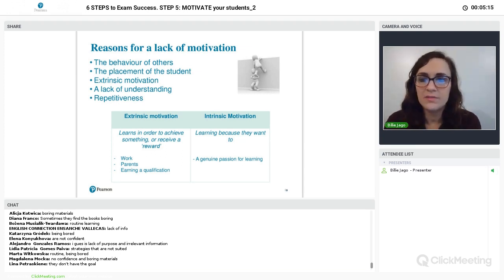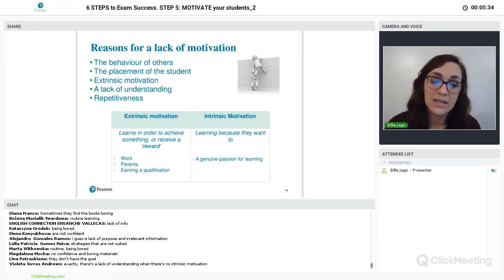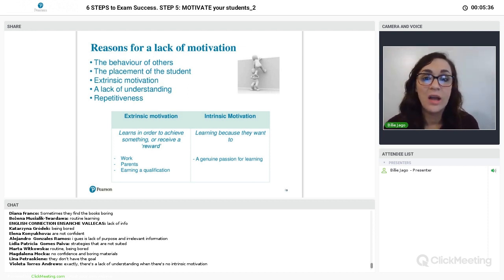So we've got two types of motivation. We have extrinsic motivation and also intrinsic motivation. Extrinsically motivated students learn in order to achieve something or to receive a reward of some sort. This could be something like passing a test, getting a higher salary at work or a promotion, or pressure